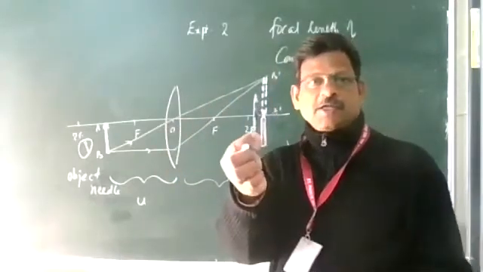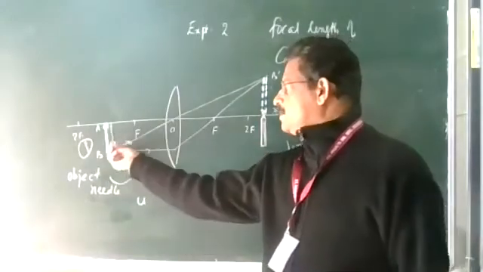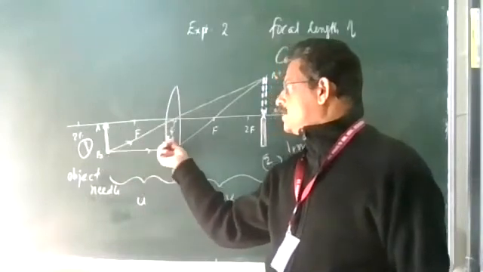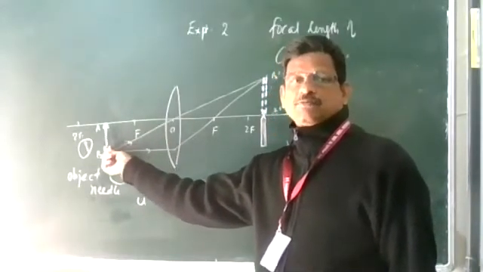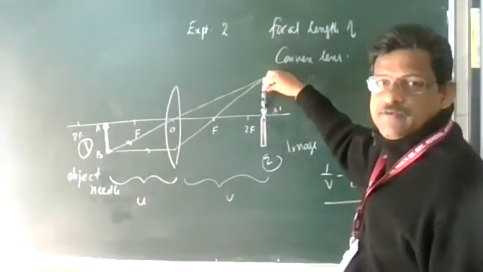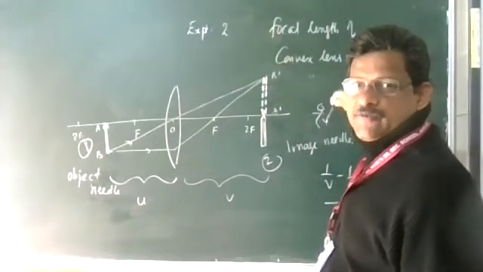So this is the shape of the needle. It is a steel needle. The height should be arranged so that it will always be at the center of the image formation. You can see that it is an inverted image. This is the inverted image, and you can see it from here.